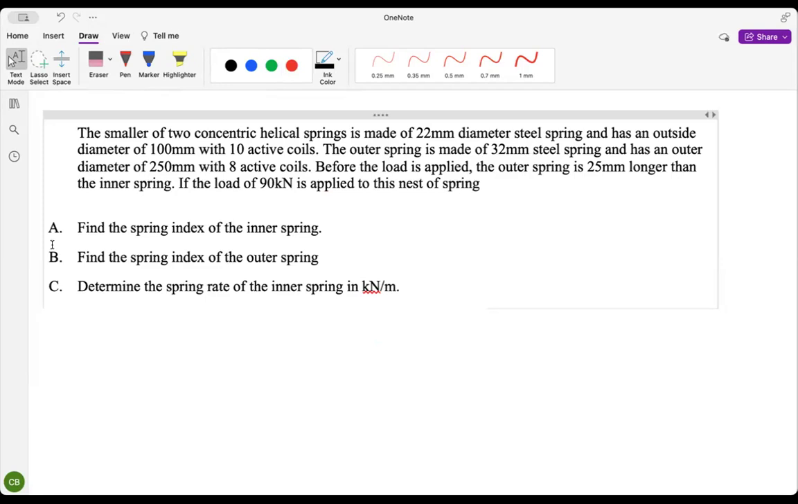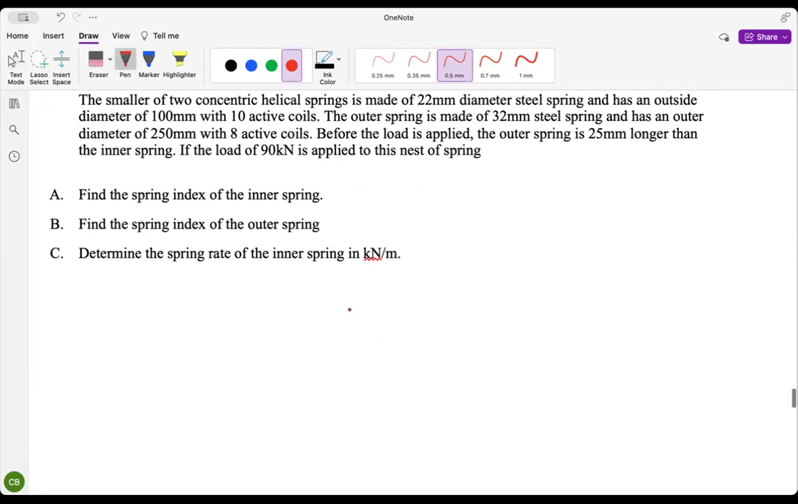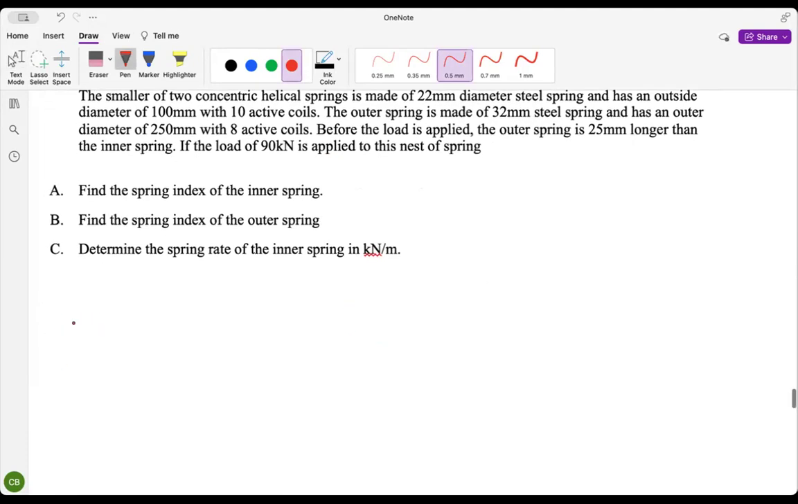If a load of 90 kilonewton is applied to this nest of springs, we find the spring index of the inner spring, the spring index of the outer spring, and determine the spring rate of the inner spring in kilonewton per meter. Okay, so to get the spring index of the inner spring,